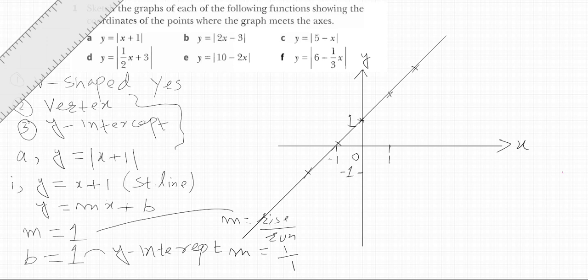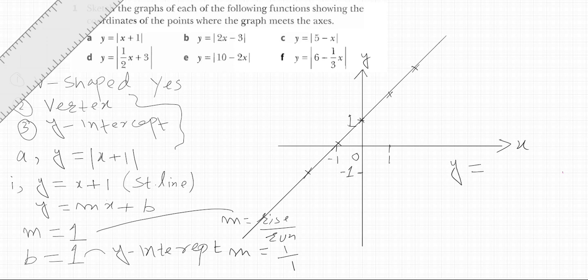The vertex is the point where the line starts going above the x-axis. So if you see carefully, our vertex is (-1, 0), or if you want another way to find the vertex,